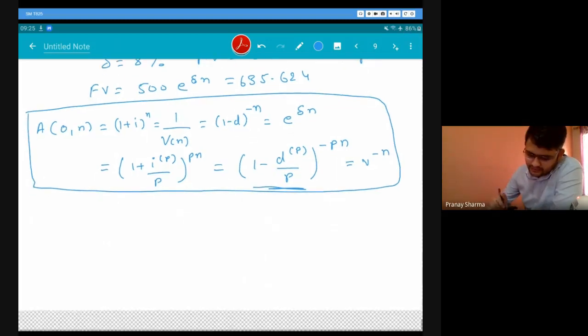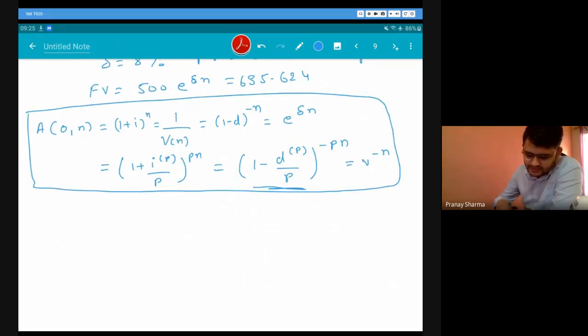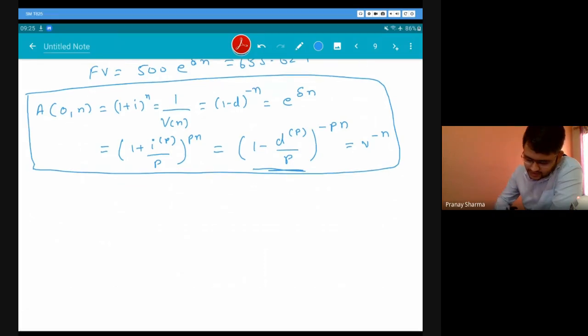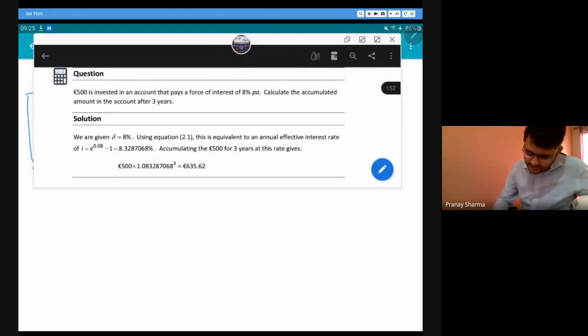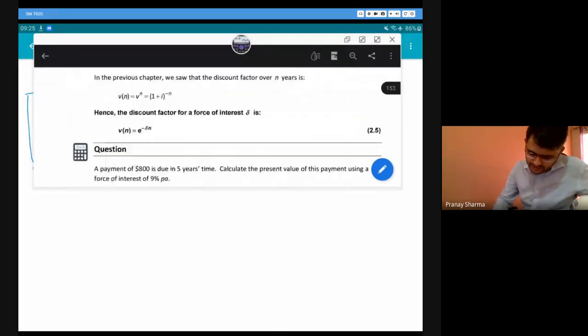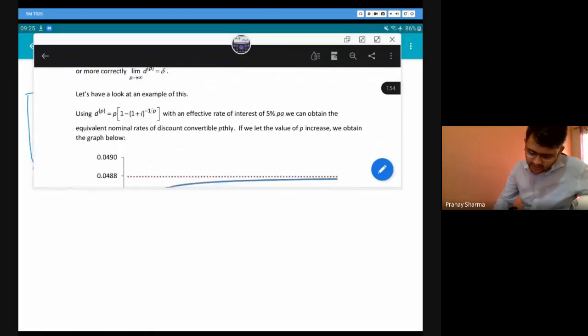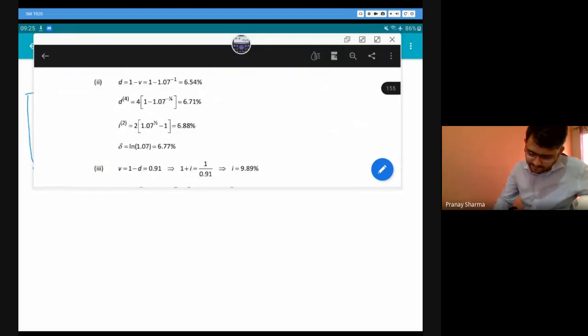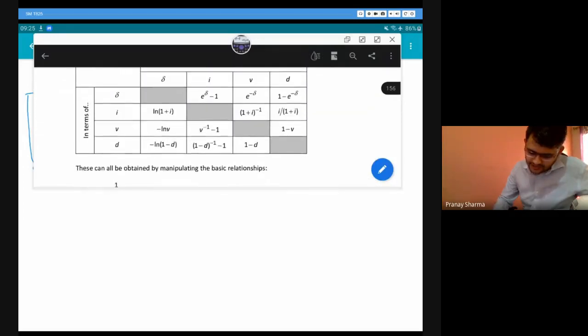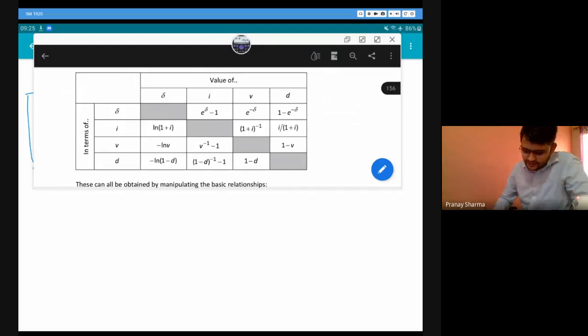I'll give you another way of using this, let's say in another form, and we write it as a table, all the conversions. Or I'll just show you that table. That would be easier rather than writing the whole table, although I would ask you to write that yourself. You can see the values here.